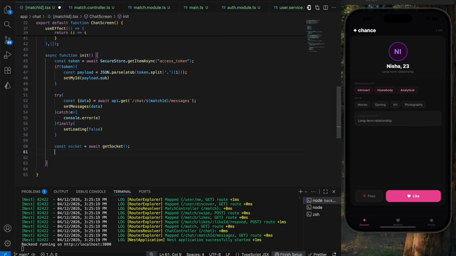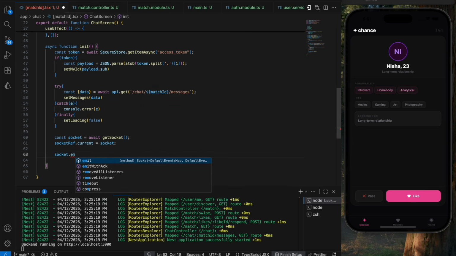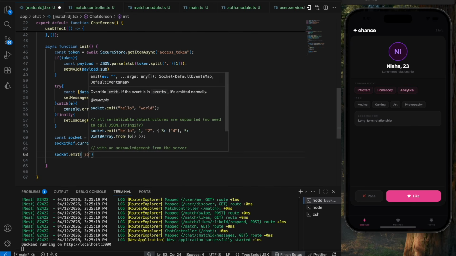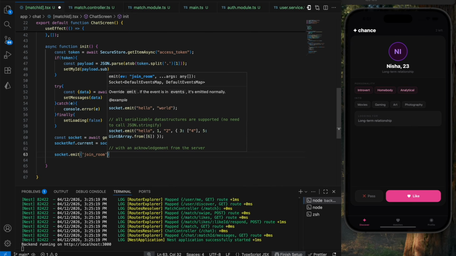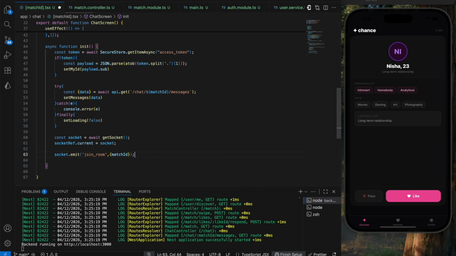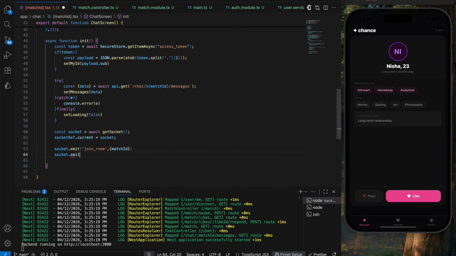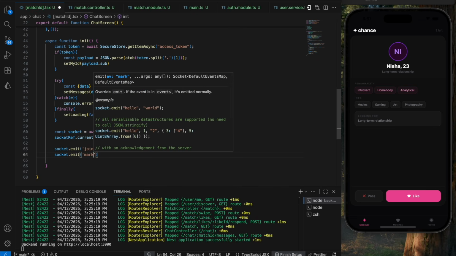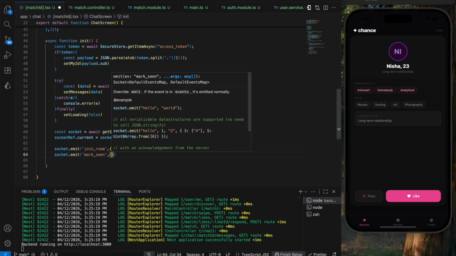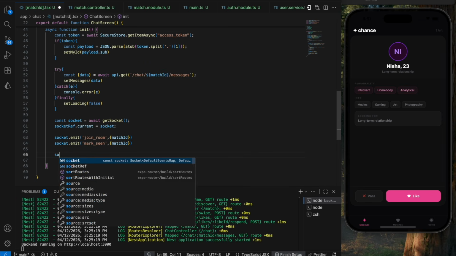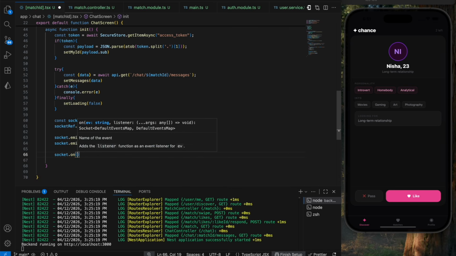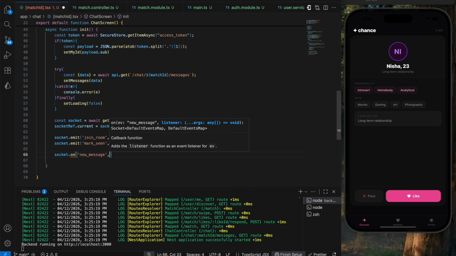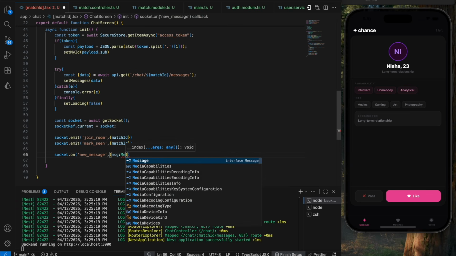getSocket, below that we're gonna say socketRef.current is gonna be equals to your socket, and I'm gonna emit two things. One is join room and then the mark seen. I'm gonna say join_room comma your matchId. Next we're gonna say socket.emit of your mark_seen with respect to the matchId. Okay, here we're gonna say socket.on. It's gonna be new_message. Okay, and here the message is gonna be of type message,